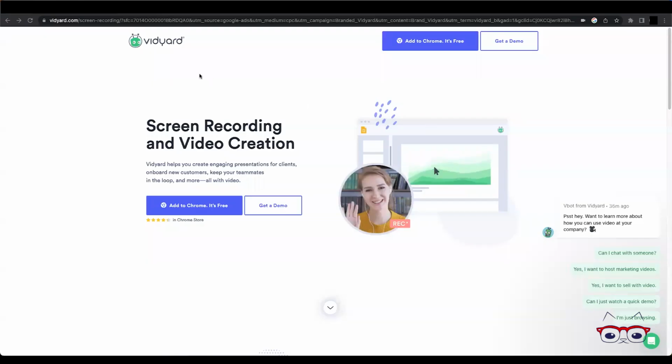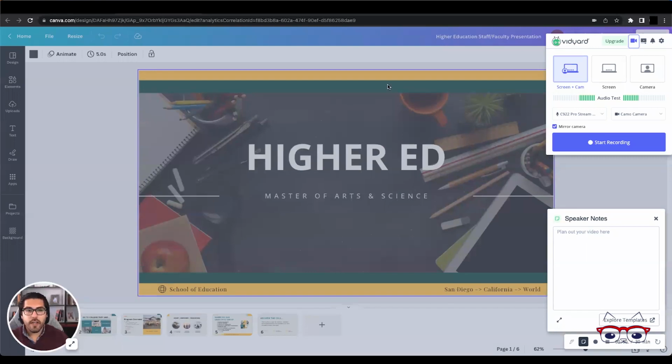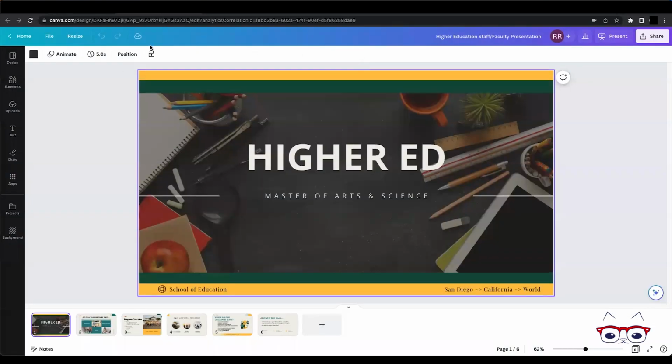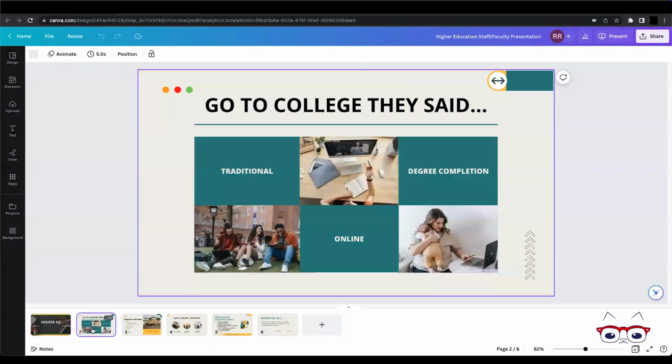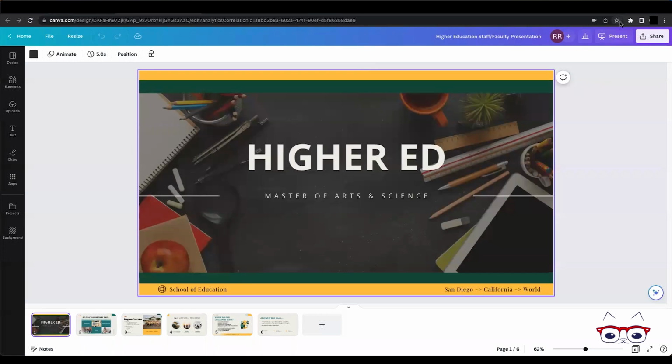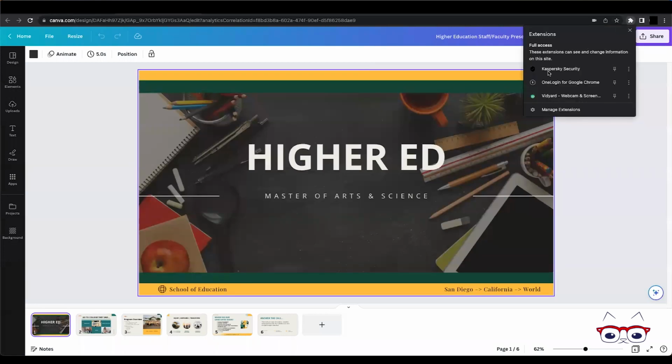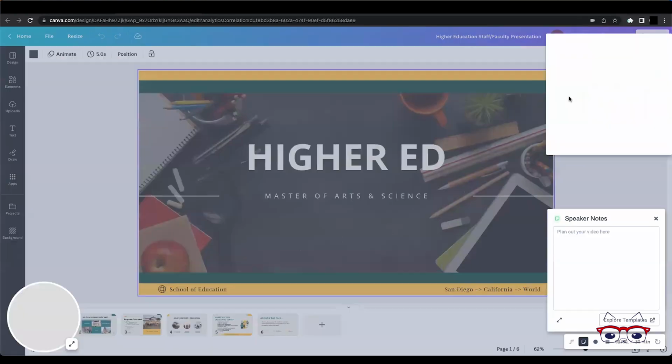When you go to vidyard.com, you can type in Vidyard Chrome extension or go to the web page directly. You will add the extension to your browser, follow the steps there, and make sure you give the permissions to your webcam and audio. But once you have that, you can go right over to Canva, create your presentation, and once you have something done, for example, like what I have here, you could go into your extensions inside of your Chrome browser and